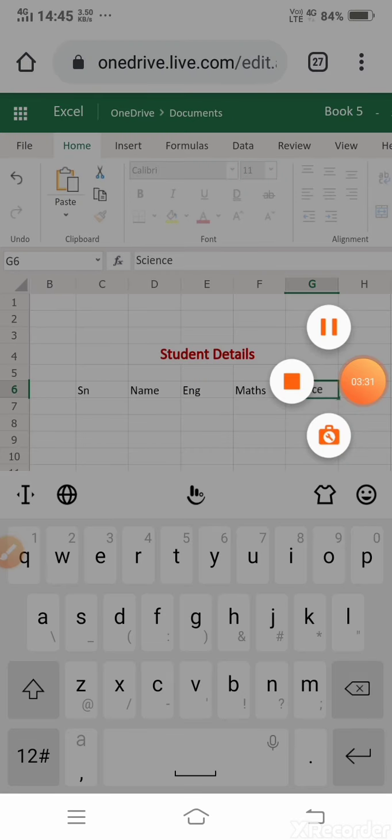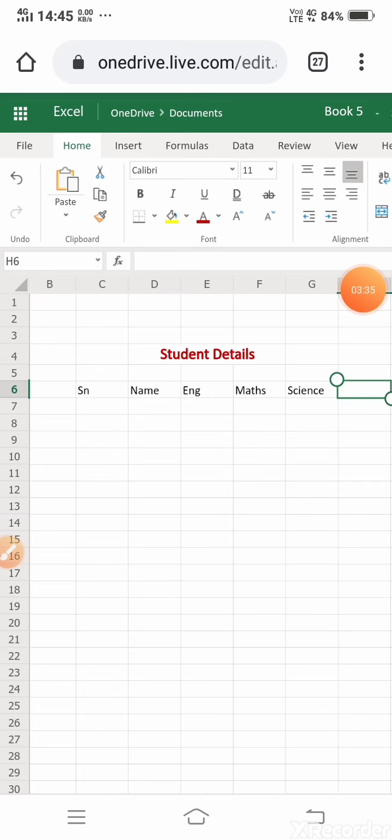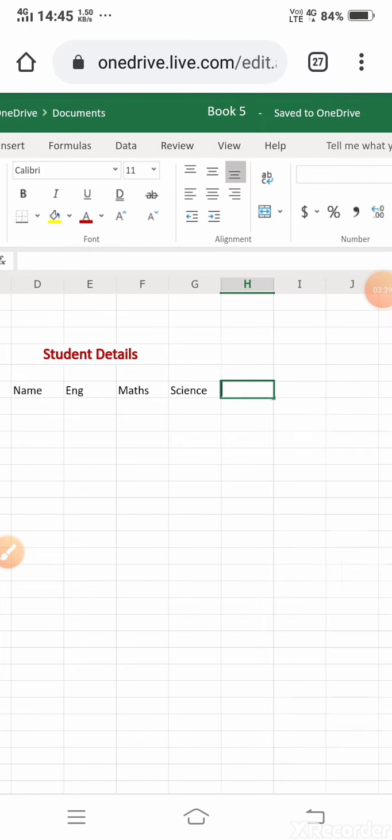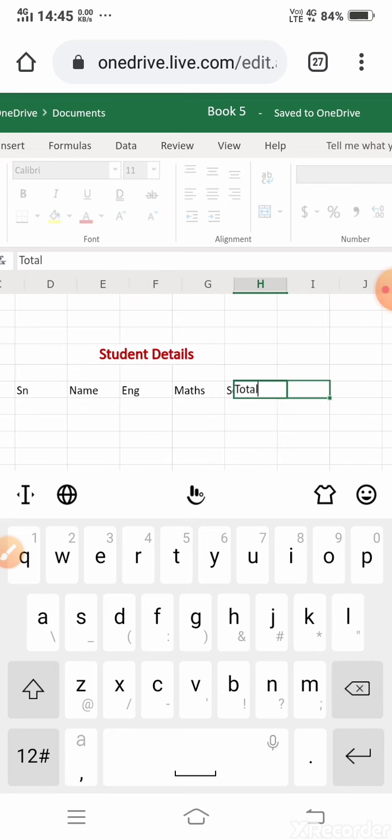And here I want the total marks of each individual student. This is all about my heading.